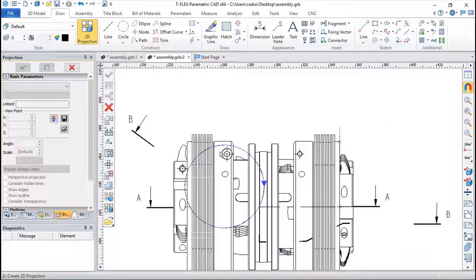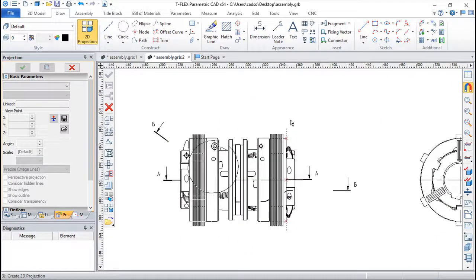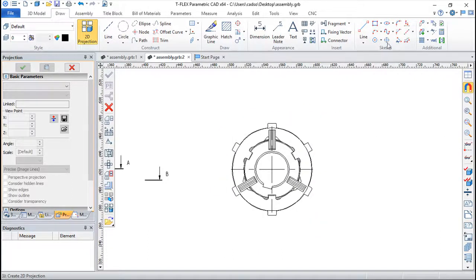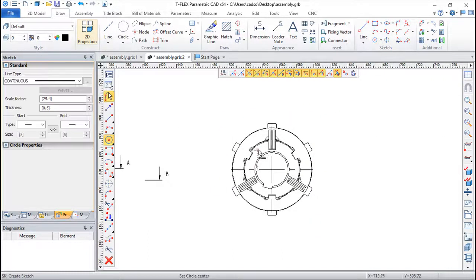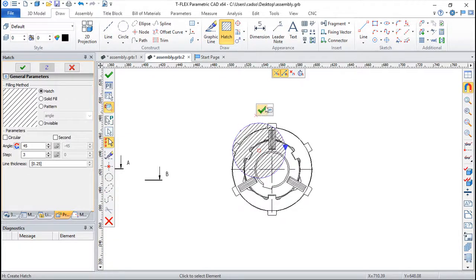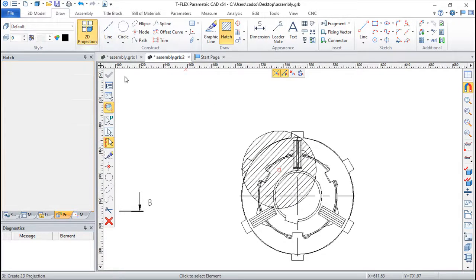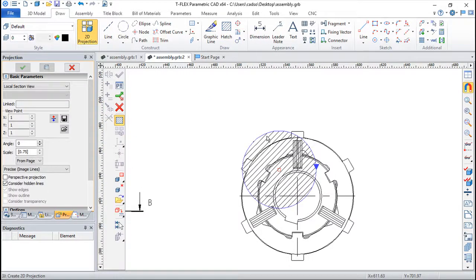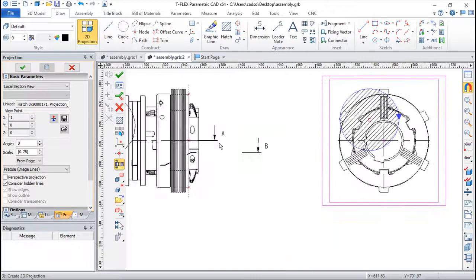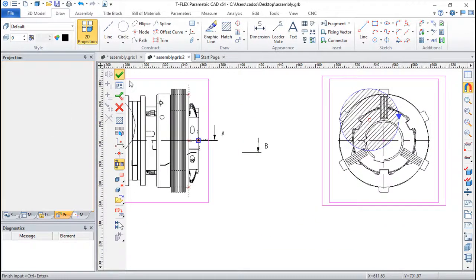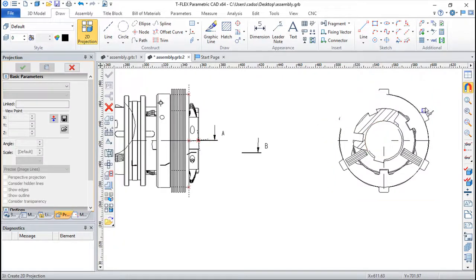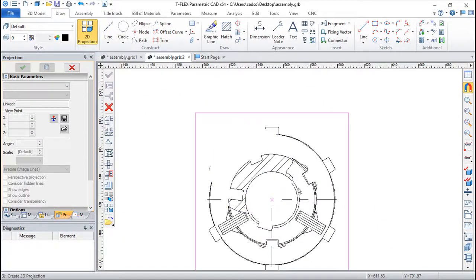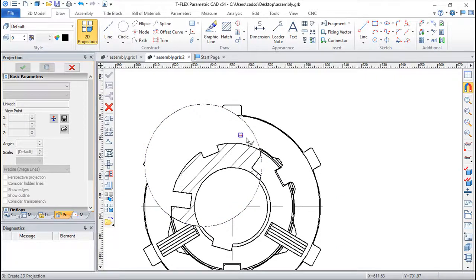Okay, it did not go to the depth that I was thinking about. Let's try on this side. So, circle, doing the edge, also creating something. 2D projection, local, finding this guy here. Okay, now it went to the depth I want and created something a little stranger, but it has created the